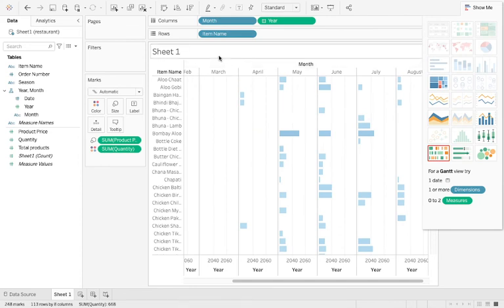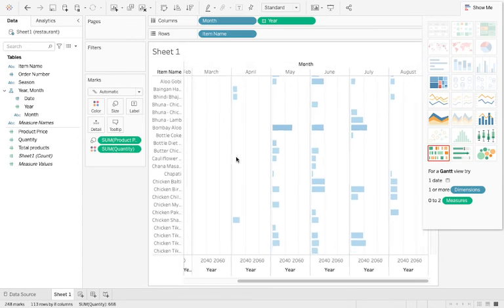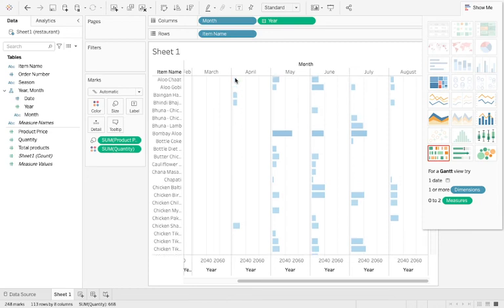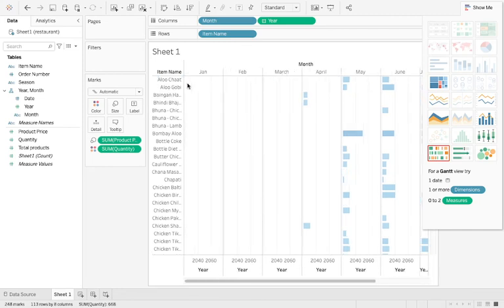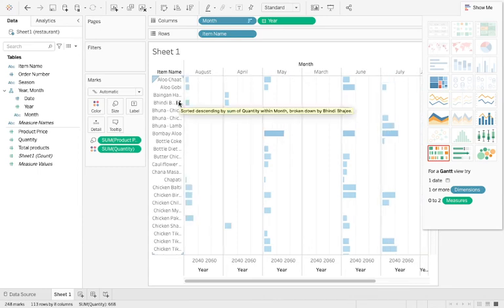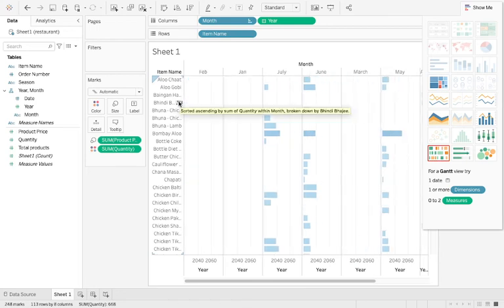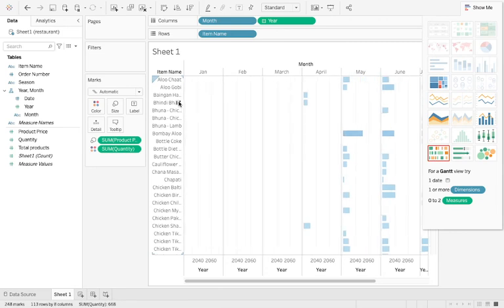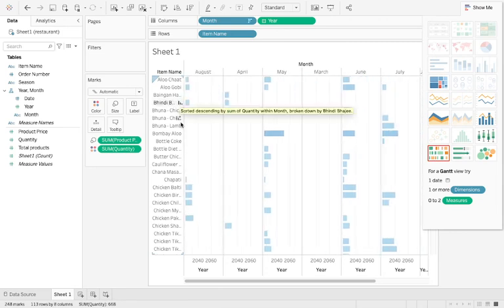Let's move ahead with our sorting part. So there are various ways that you can sort your data. First is basically your quick sort. If you go to the end of your particular field, can you see this bar chart option here? If you click on this, your data will be sorted descending by sum of quantity. If we click on this, it will be sorted back again. So it will be sorted in ascending, then if you click back it will be your default value, then descending. So this is how you can sort that.